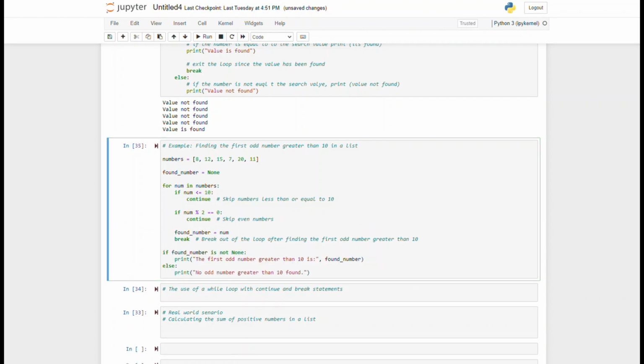Okay, so in this example, we have a list of numbers. The objective is to find the first odd number greater than 10 in the list. We use a for loop to iterate through each number in the list. Inside the loop, we have two conditional statements. The first if statement checks if the current number, num, is less than or equal to 10. If it is, the continue statement is executed, which skips the rest of the code in that iteration and moves